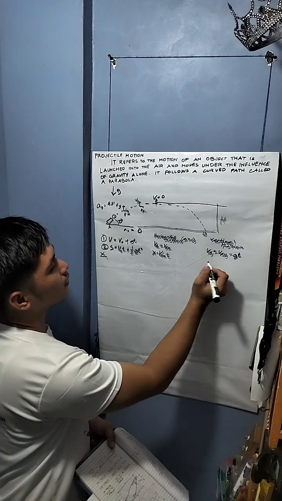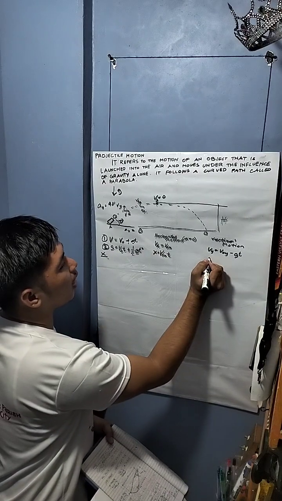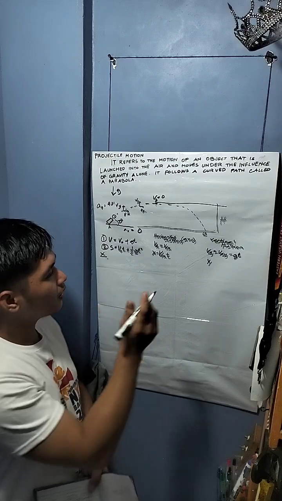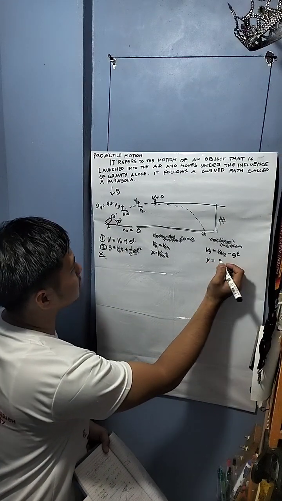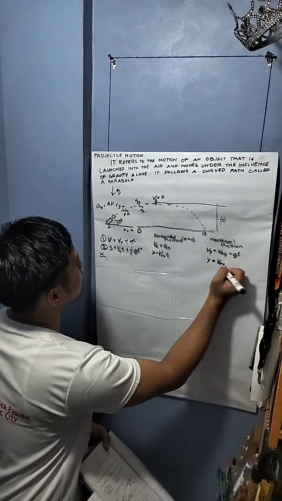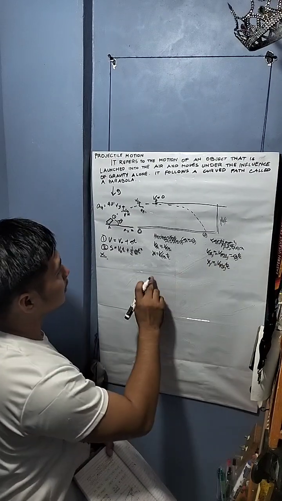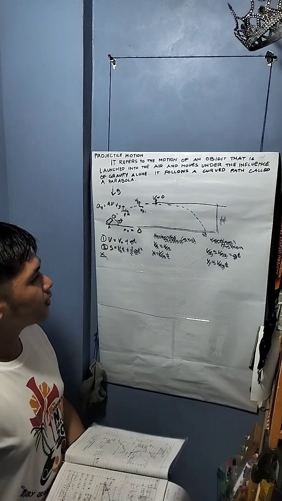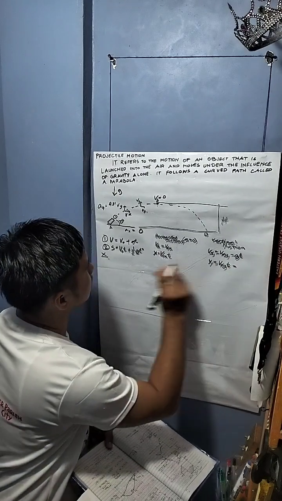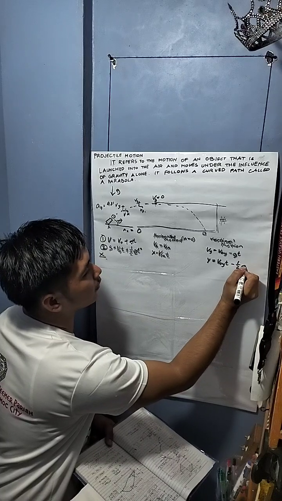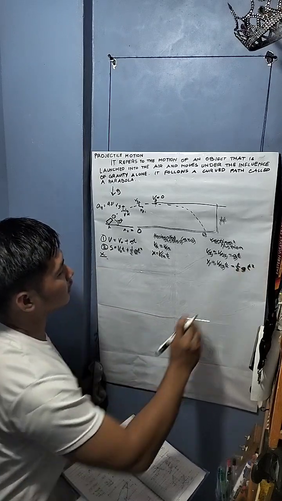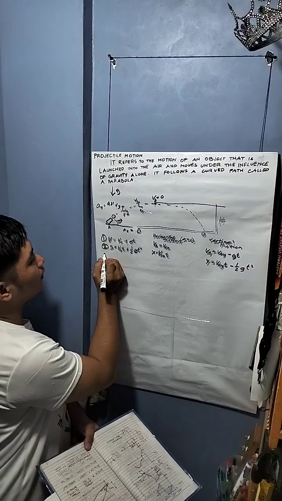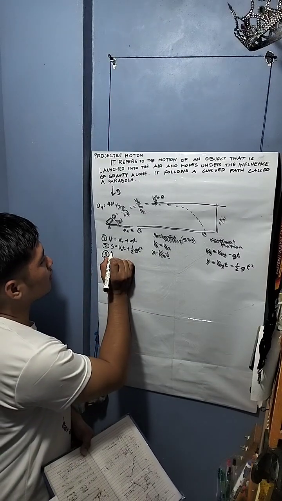At vertical motion, we have y. We use y because we are going to find the y component. So y is equal to v naught y times time. Since our object is acting against gravity, this is negative, times 1/2 of gravity times time squared. And lastly, we have number 3, which is